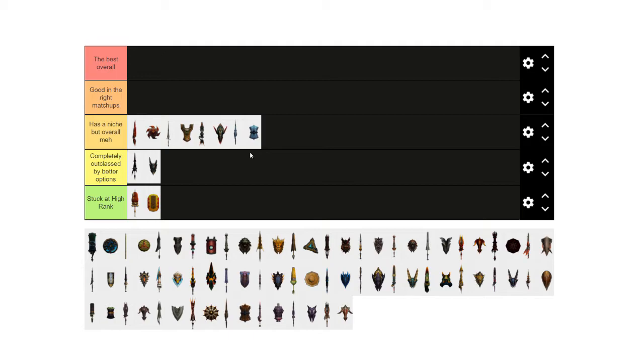So the highest element GL for water is Zamtrius, but it also has the lowest raw, and it only gets wide force shelling, so again, element is good. I would say this also has a niche, but overall it's kind of meh. Again, it has even lower raw than Darren, and it doesn't have positive affinity, so sure, the element is good, but